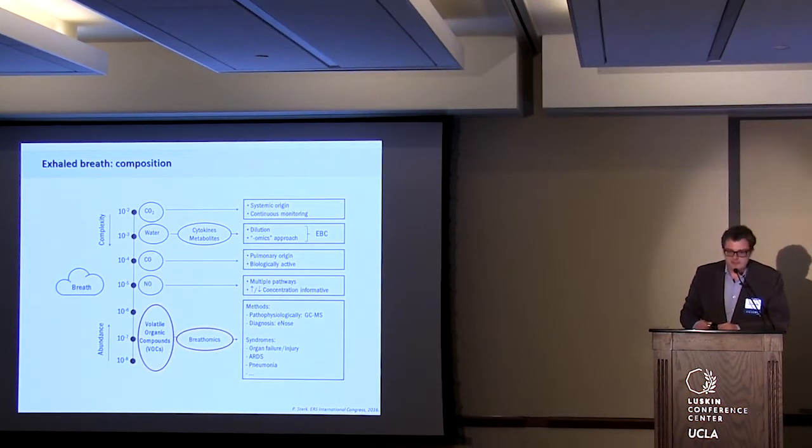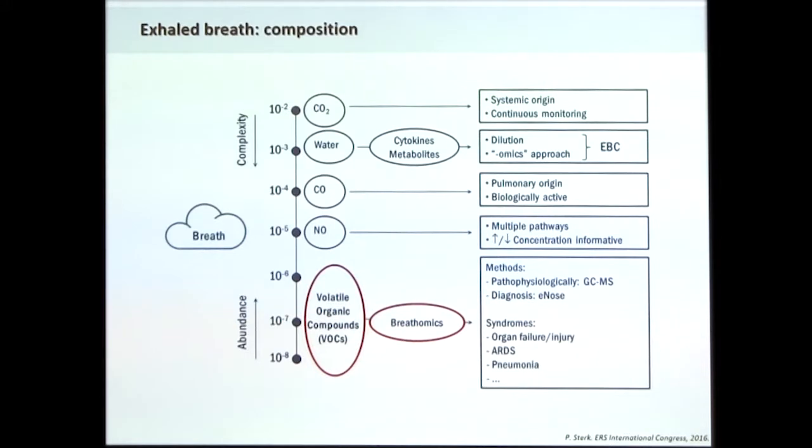Looking at the composition of breath, normally it is known that most of the breath contains carbon dioxide, water, some carbon monoxide and nitric oxide. But a lot of breath composition contains volatile organic compounds. These are really small molecules that are present in the breath in picomolar concentrations, and these have given rise to the new era of breathomics some 20 to 30 years ago. So we thought we could use these compounds in breath as potential biomarkers for mesothelioma.